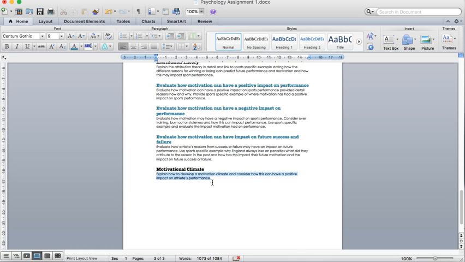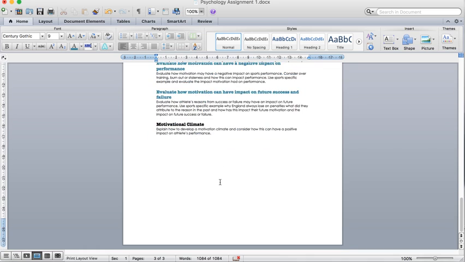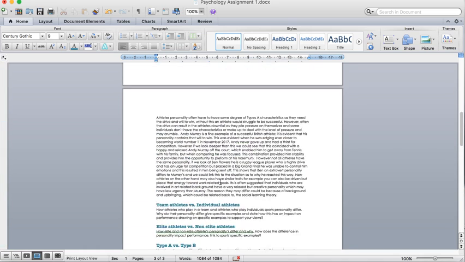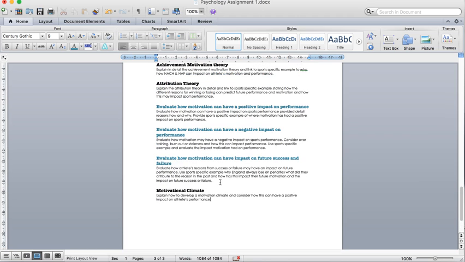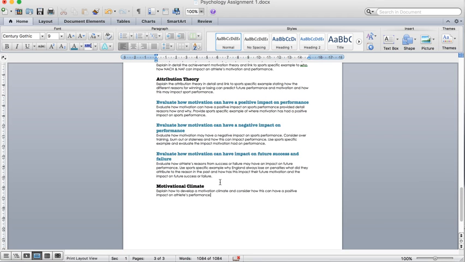And then finally, explain motivational climate. So how to develop a motivational climate for a team or individual. Use the word or the term target and break it down and explain how you develop that. And that's the assignment. Okay, blue sections are where you can particularly, when you have an opportunity, pick up your distinction. Remember, you need examples throughout to demonstrate your understanding.